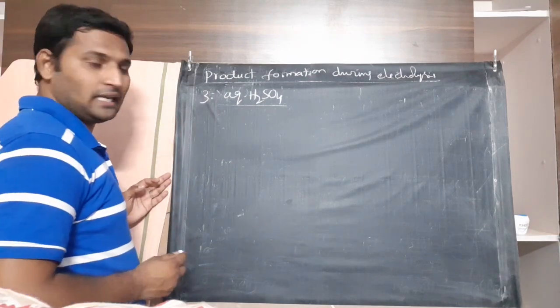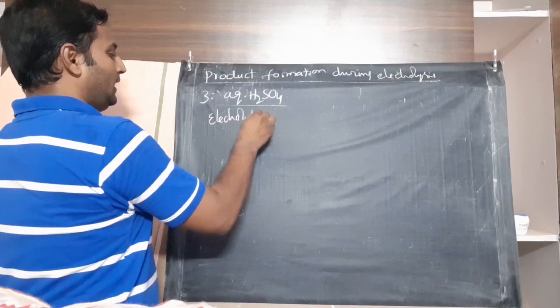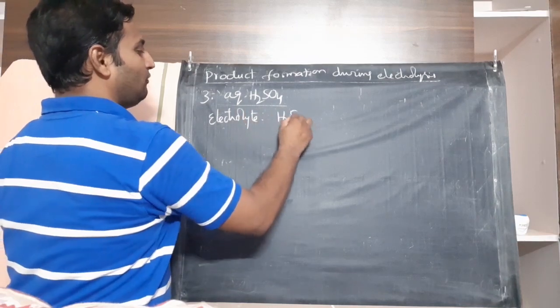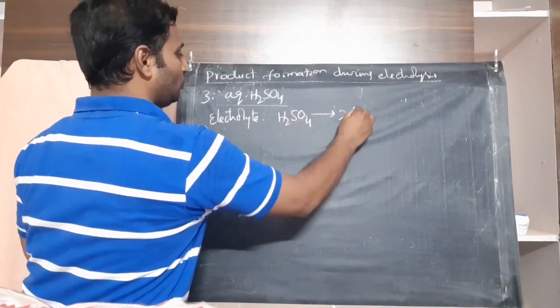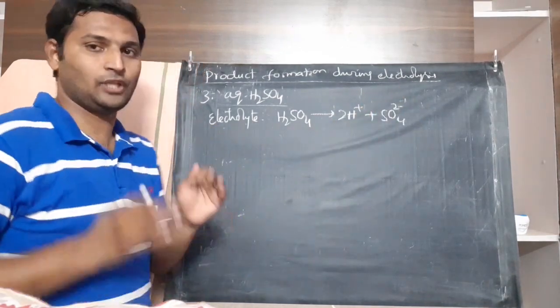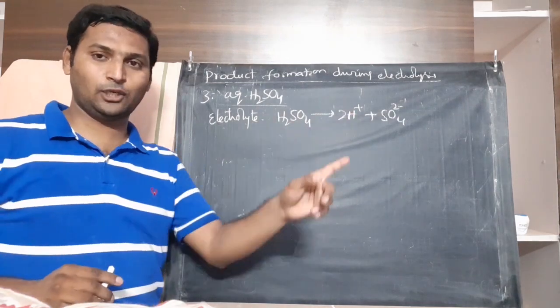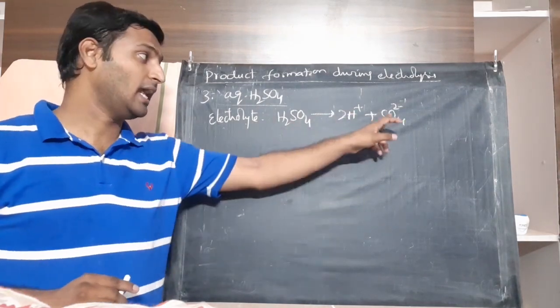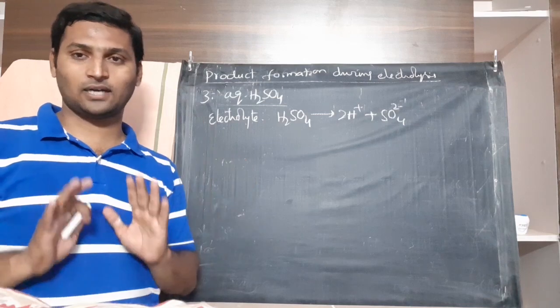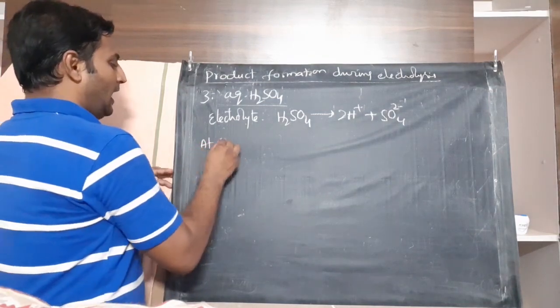Now as you can clearly see here, at the electrolyte, sulfuric acid undergoes ionization to form H plus ions and sulfate ions. Now you know very well, as soon as the charges are passed, cations migrate to cathode and undergo reduction there, anions migrate to anode and undergo oxidation there. That is the process. Now, at cathode,